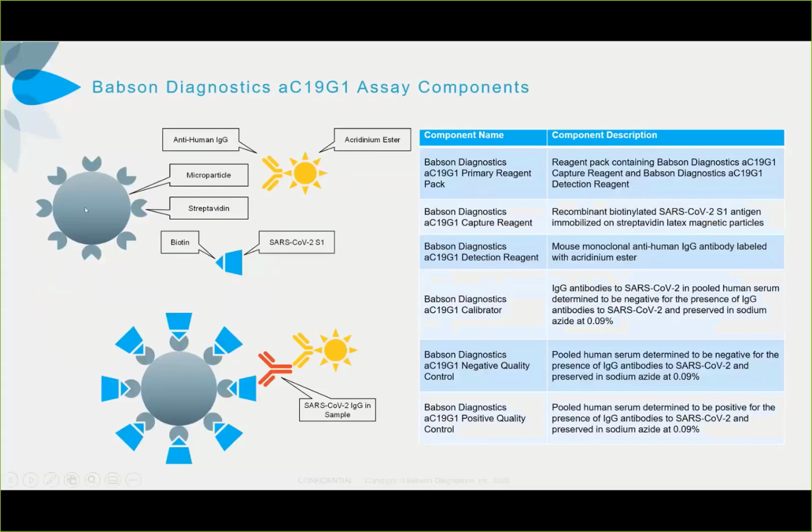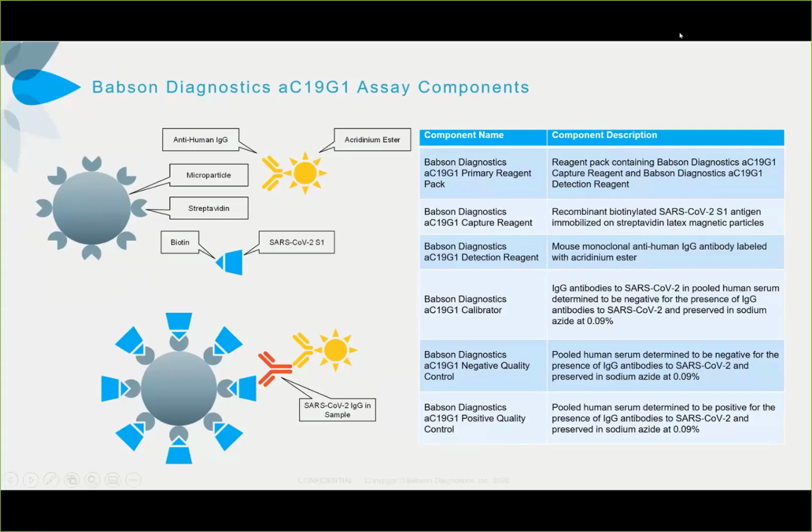We employ a magnetic latex particle coated with streptavidin. We also use the biotinylated S1 protein from Acro Biosystems. And we use a generic mouse monoclonal labeled with acridinium ester for detection. Once the instrument mixes together the capture reagent, the detection reagent, and the sample containing IgG, it forms this immune complex and is treated with acid and base on the immunoassay module, generating light. That light is counted by a photomultiplier tube, and the light response is directly proportional to the concentration of antibody